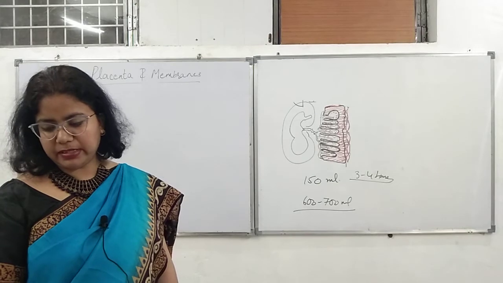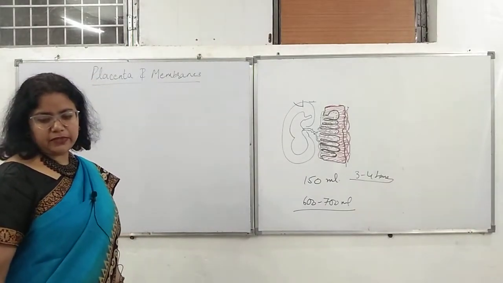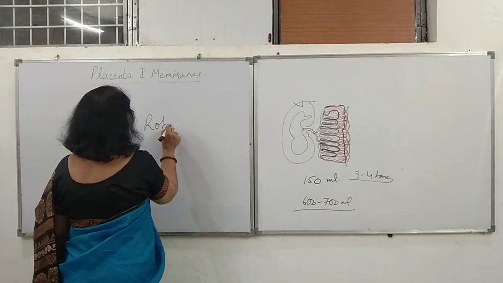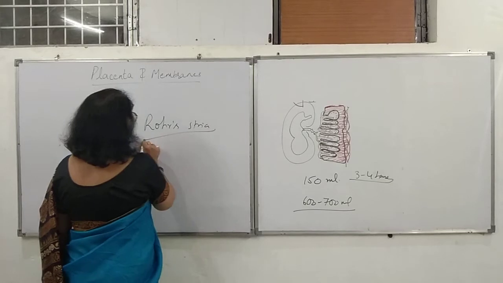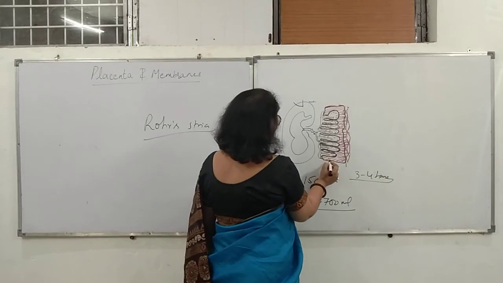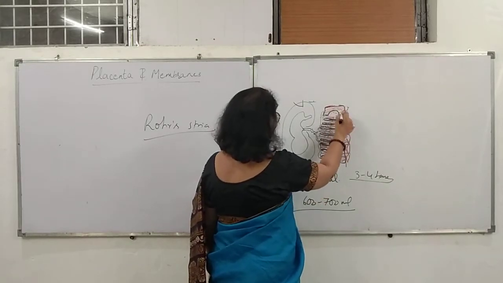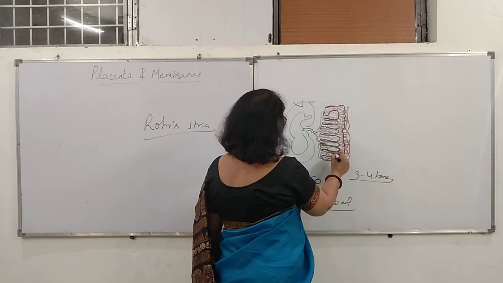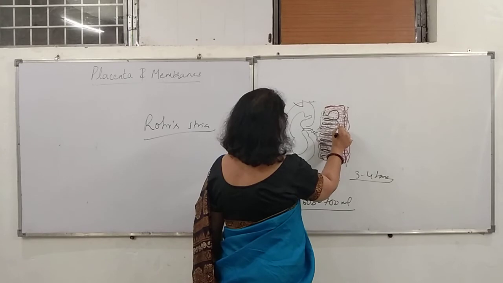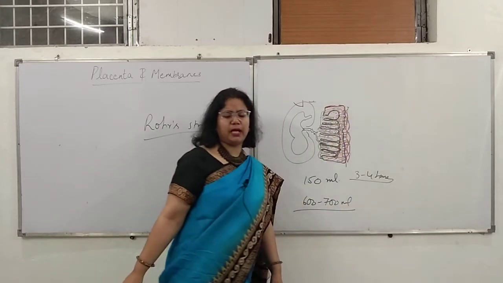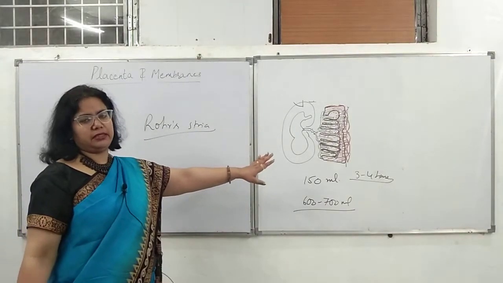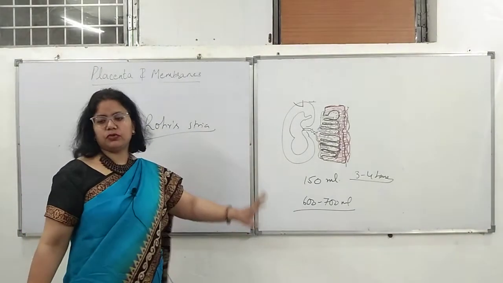Now, what is the intervillous space? In the aging that is occurring in the intervillous space, what you need to know is Rohr's triad. Rohr's triad is also a degeneration present in the intervillous space, on the lower side near the end of the terminal villi. These are of no clinical significance, but are a sort of aging. So Rohr's triad is present in the intervillous space in the placenta. This is important, this can come as an MCQ to you.